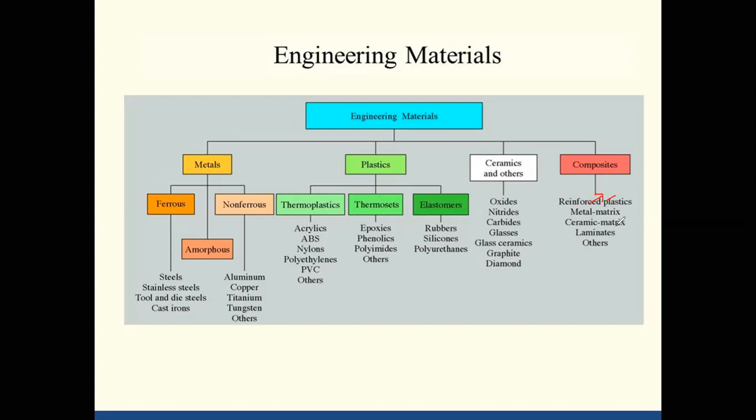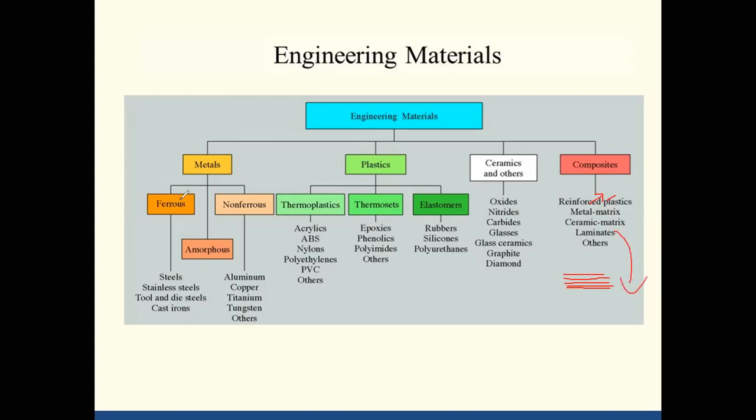Ceramics are materials like a wash basin; this kind of material falls under the category of ceramics. Laminates are where one material is placed here, and over this material one more material is placed. So a number of materials are placed one over another. This is called laminates.